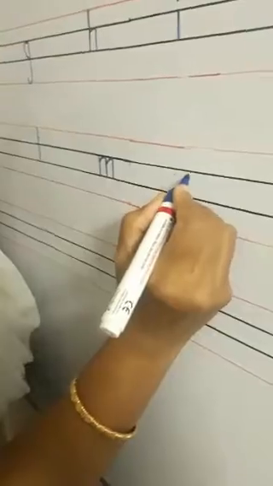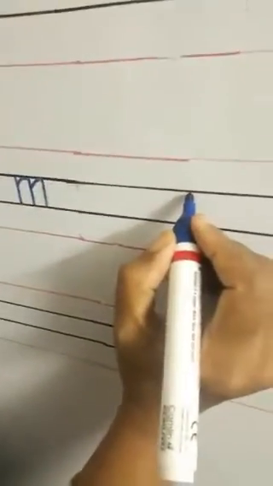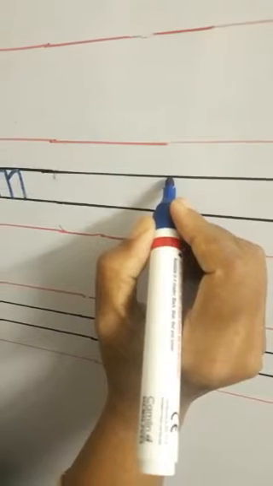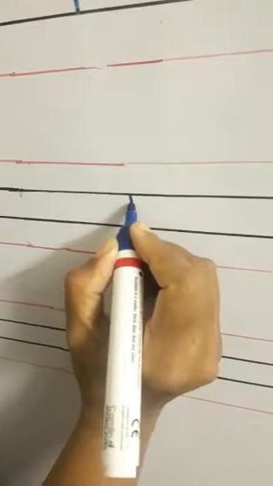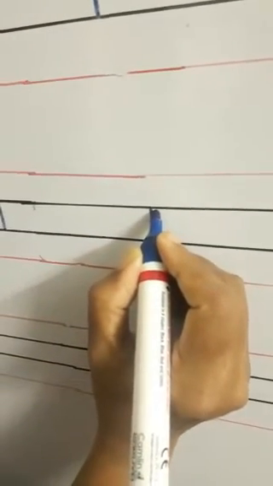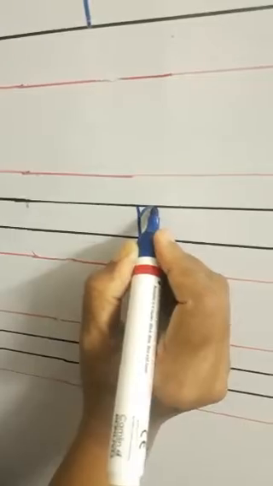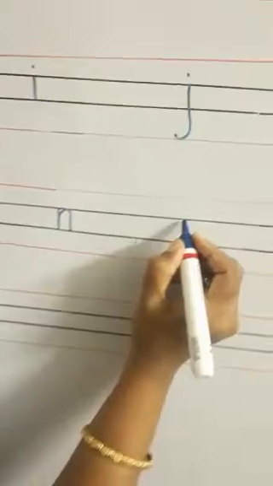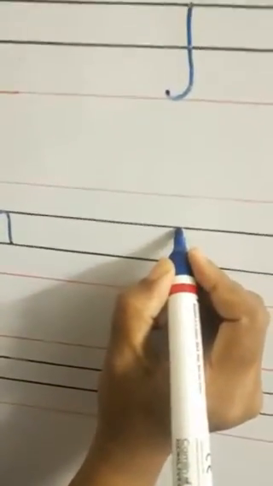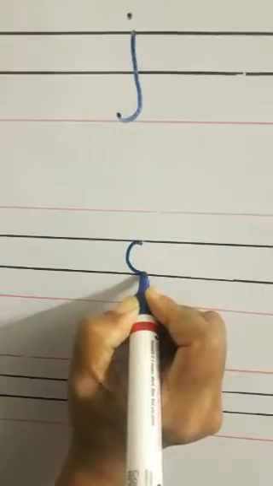See children? Next letter is N. Go to the middle line and draw a standing line to reach the bottom and again go to the middle and make a small curve and one more standing line to reach the bottom. Okay, we got N now. N after what? O, very easy to write. Yes, make a small circle. That's all. We got O. O after what? P.